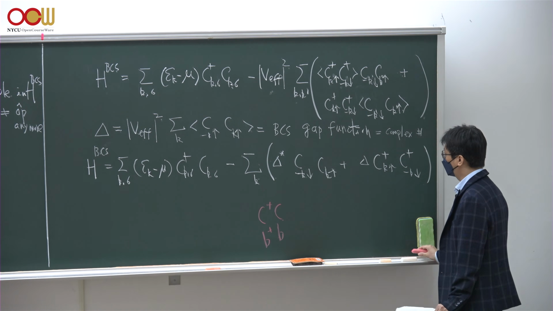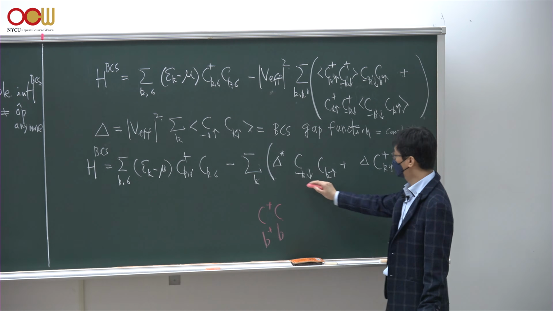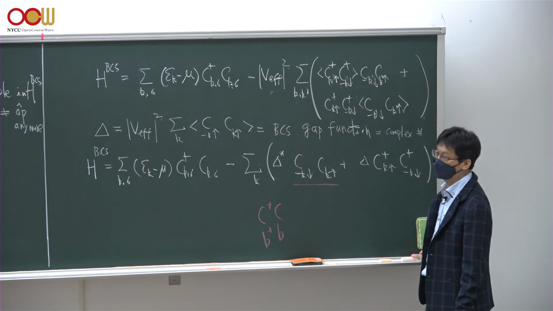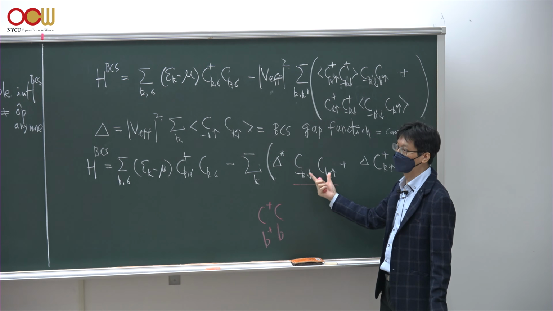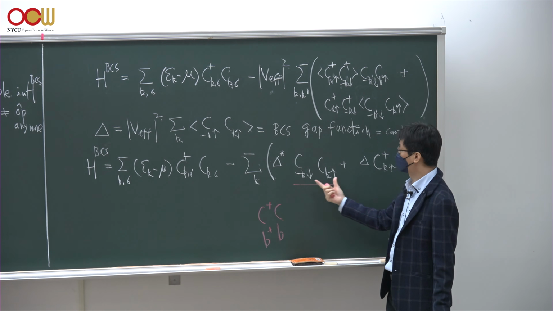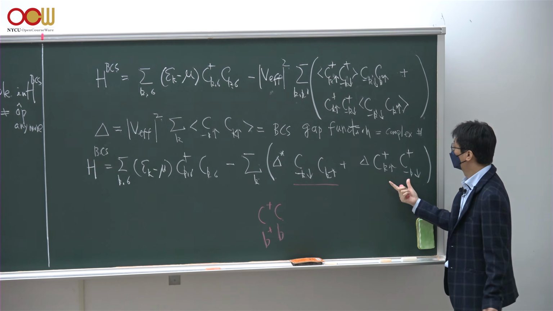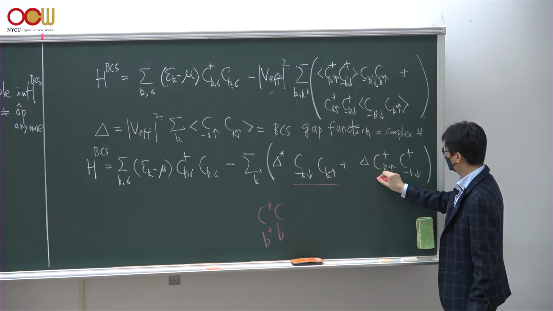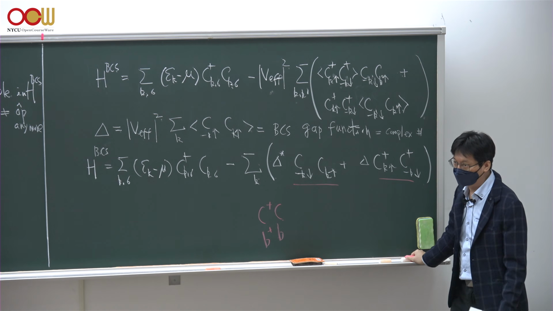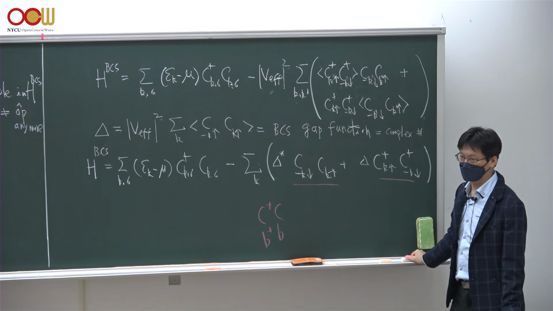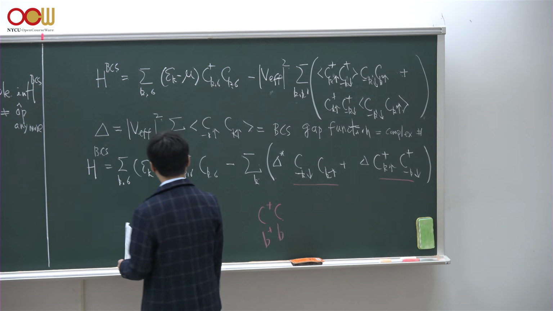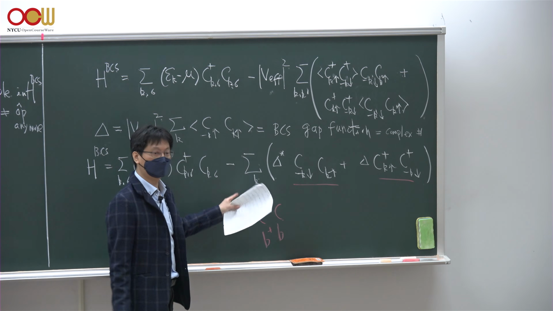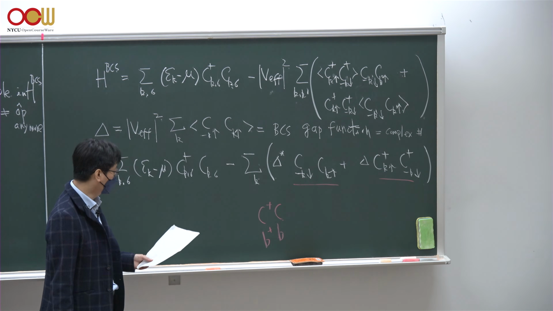And this is the first time that we have such a quadratic operator, which is the destruction of two operators and the creation of two operators. Namely, the cc and c dagger c dagger terms are new terms that we haven't studied yet. But of course, we are able to find the eigenvalues if we have such a BCS type of Hamiltonian,